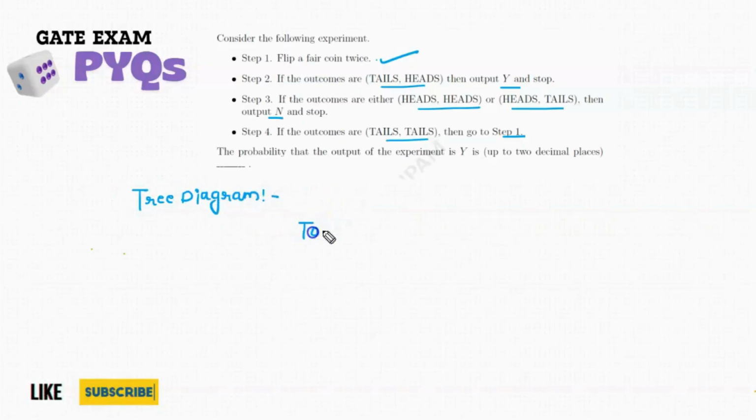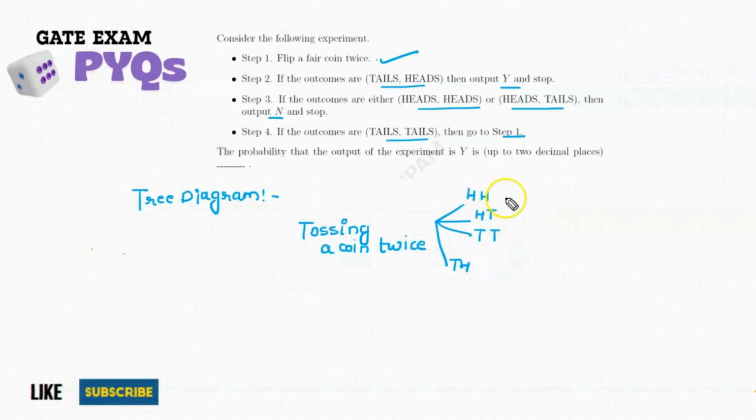What we have to do is first toss a coin. Tossing a coin twice will give the following outcomes, correct? The 4 outcomes that we know: head head, head tail, tail tail, or tail head. When the outcome is head head or head tail, we get output N. In tail head, we get output Y. But whenever we get tail tail, again we go to step 1,